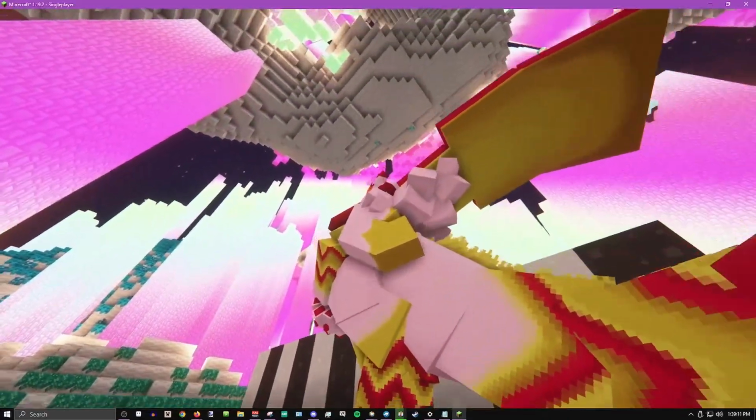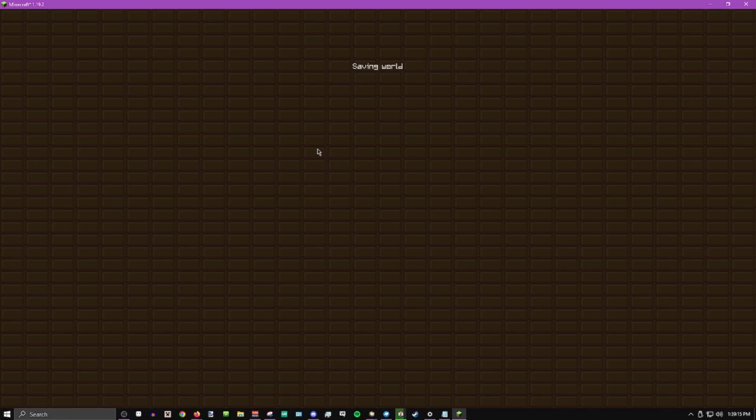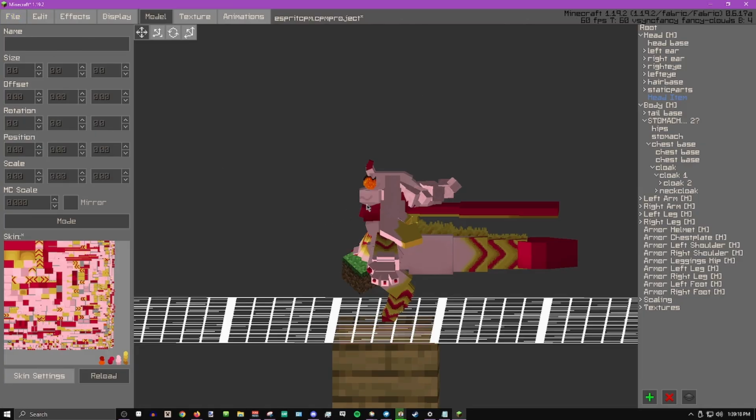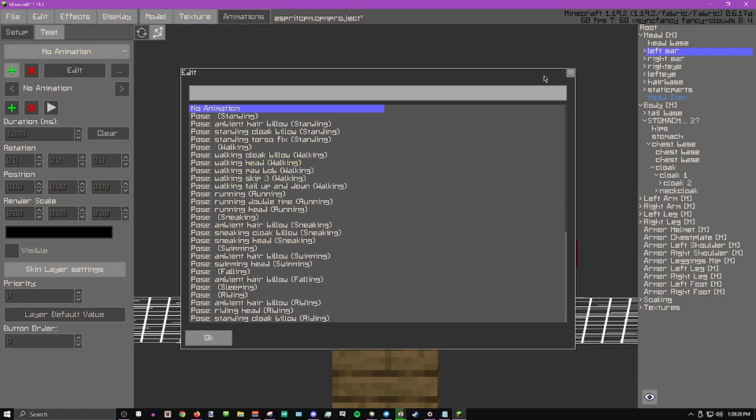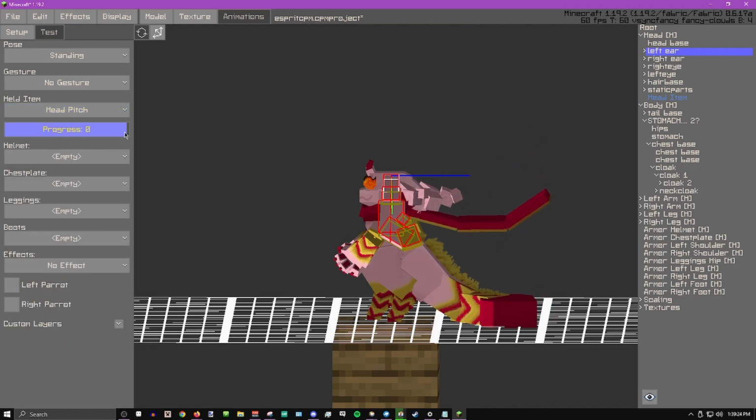Same thing with the hair. The hair would just stick straight out, but now, with this update, it doesn't. So, head pitch and head yaw. Nope, I didn't mean to exit out, but that's fine. Head pitch and head yaw are extremely useful. They work a little counterintuitively, to my knowledge,